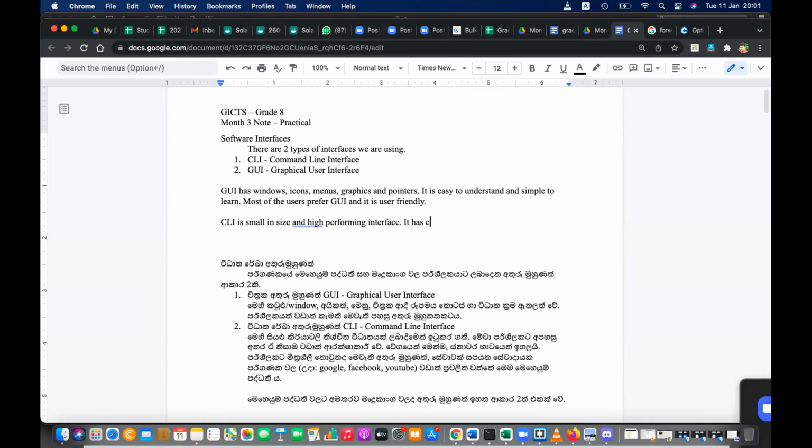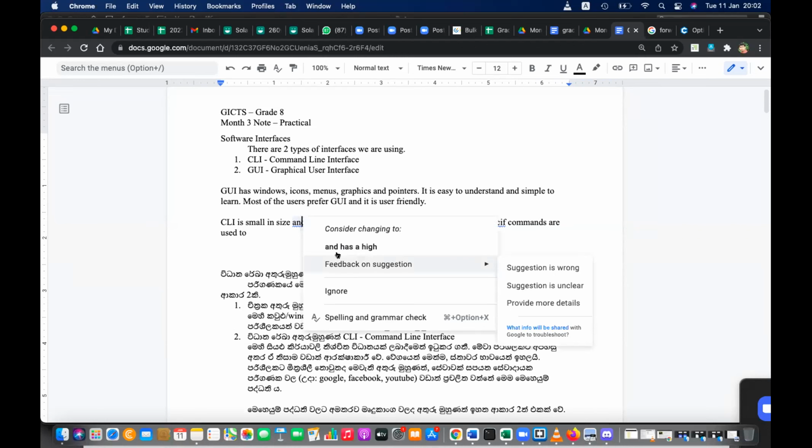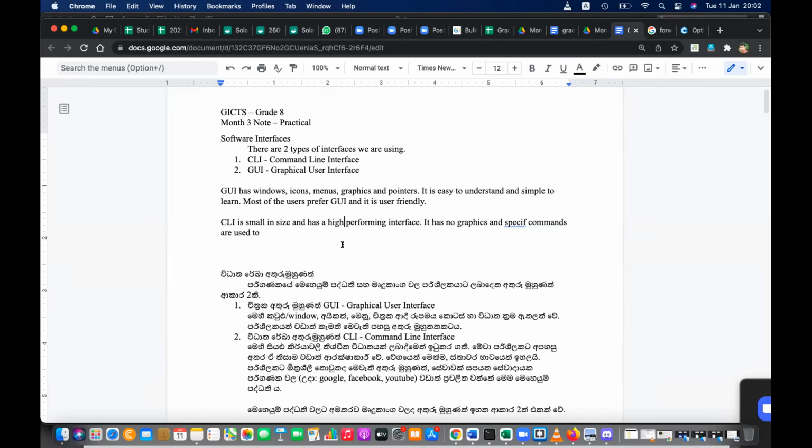It has no graphics and specific commands are used to interact with the interface, with the software.